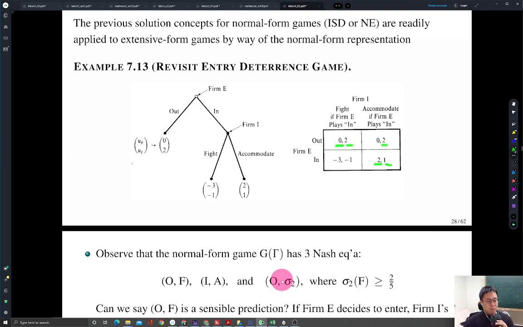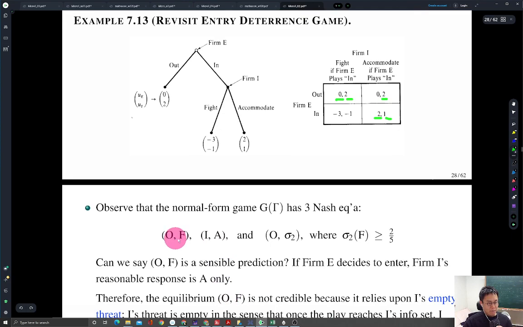But we first demonstrate that prediction based on Nash equilibrium has some problems. So it has some shortcomings. To illustrate them, if we think about the first Nash equilibrium, the second Nash equilibrium is fine, but the first Nash equilibrium has some drawback, some problems. So to illustrate what problem that Nash equilibrium has,